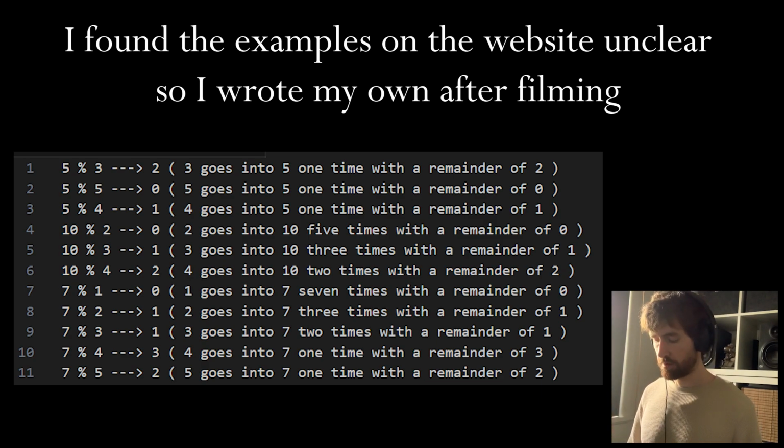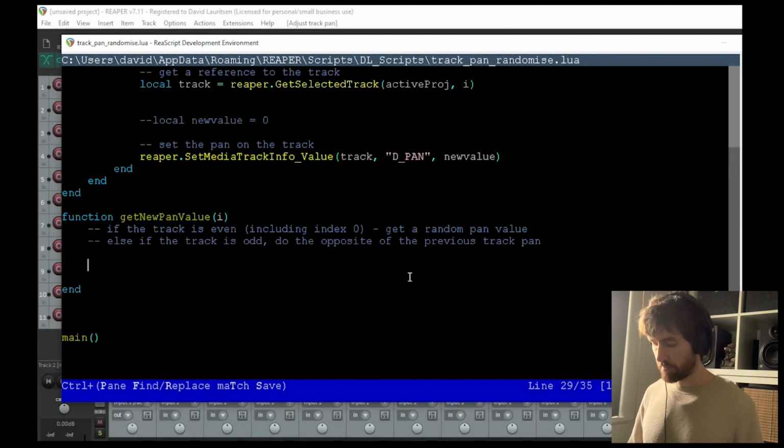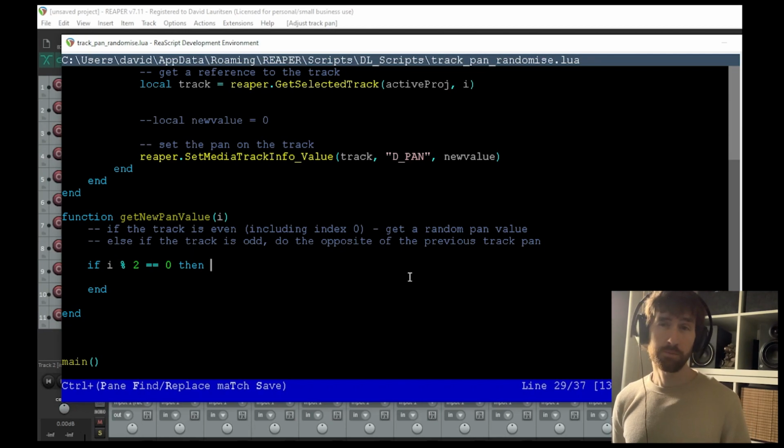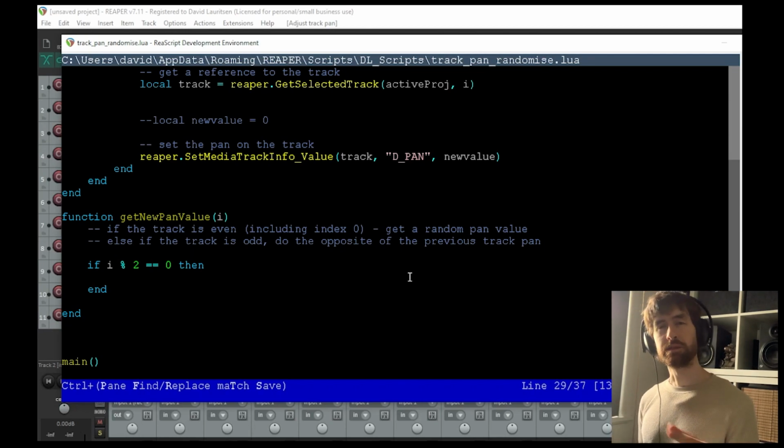So what we're doing here: if I modulo 2 equals 0, so if you divide I by 2 and the remainder is 0,